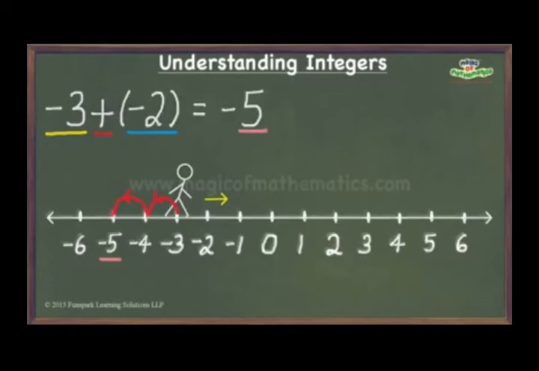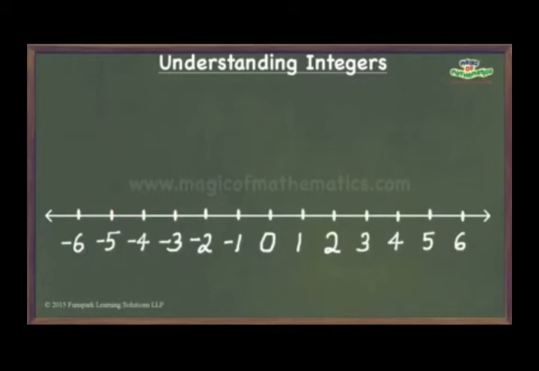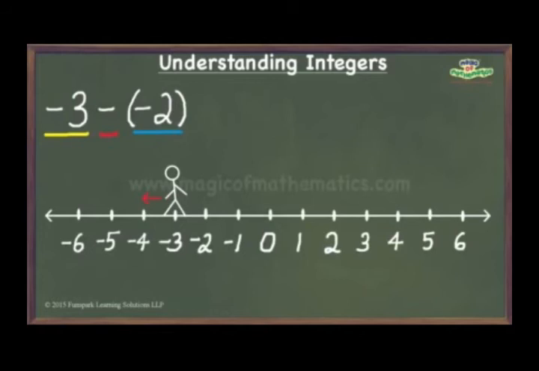The second example that I will take up is negative 3 minus negative 2. Here the first operand is again negative 3. So I stand at negative 3 again. However, the operator in this expression is the subtraction operator, and hence I turn to walk towards the left. Next, let us look at the second operand. This is negative 2, which means I need to walk 2 steps backwards, thereby ending up at negative 1, which is the result of evaluating the given expression.